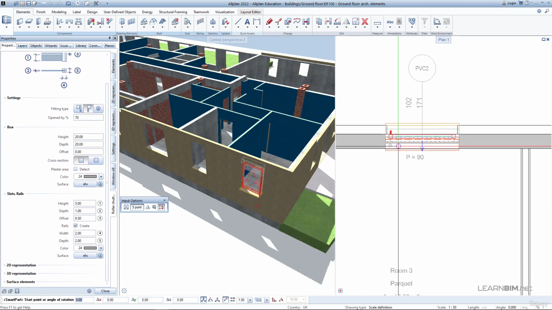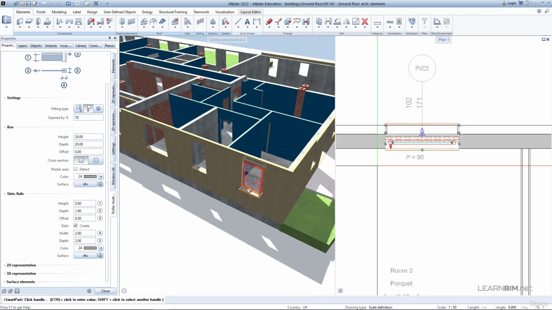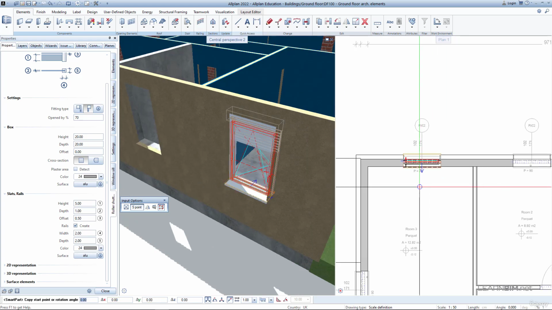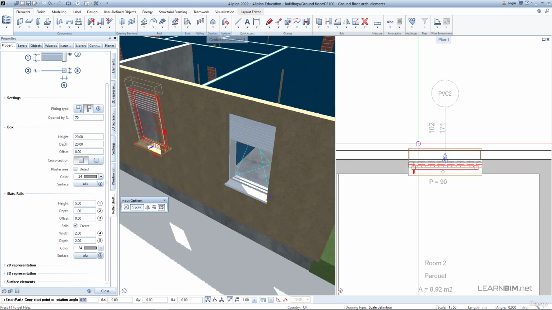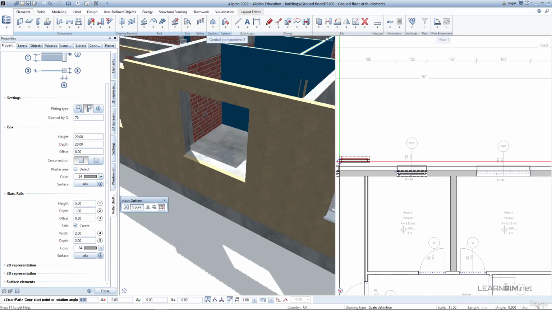Place the window inside the opening in plan view. You can see that SmartPart recognizes the opening and automatically snaps to its edges. By moving the mouse cursor, you can set the place of the knob and the direction of opening. There is also a difference on which side of the wall you click. For the next opening, we can choose a 2 casement window element